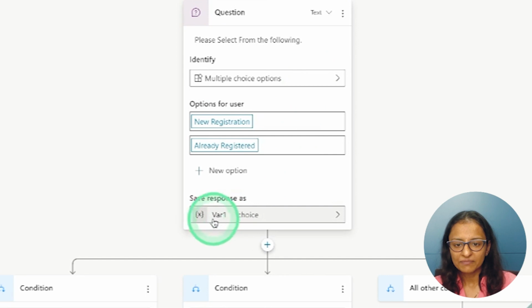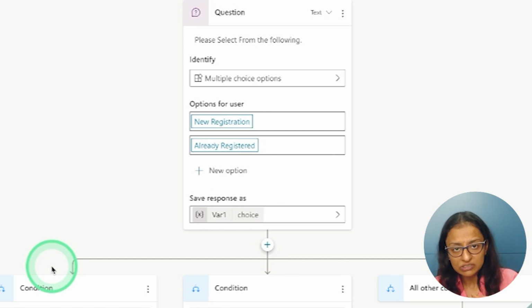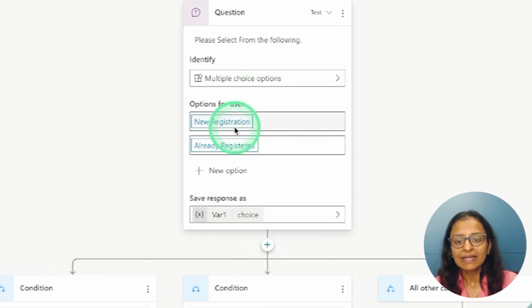So for that, let's say the user will enter a choice, new registration or already registered. Whatever the student enters, it is going to store somewhere. So where will it store? The chatbot will store it under some variable. Whatever the choice of the user is, it will save it somewhere, or use it in the future. So that choice, whatever the student enters, will be stored in that variable.